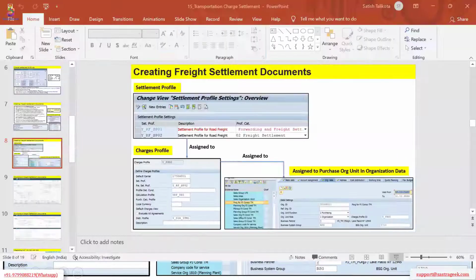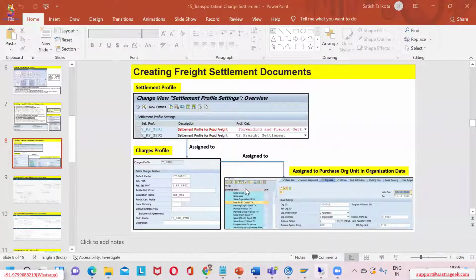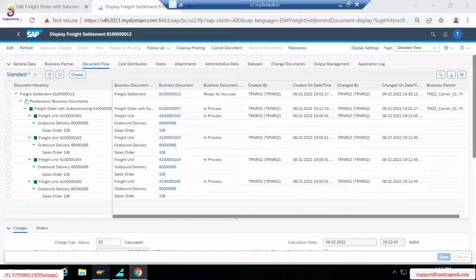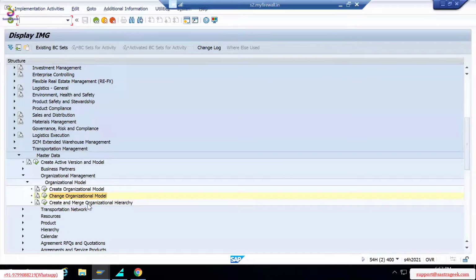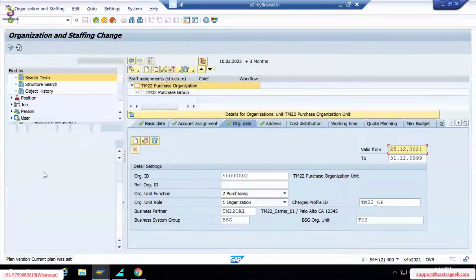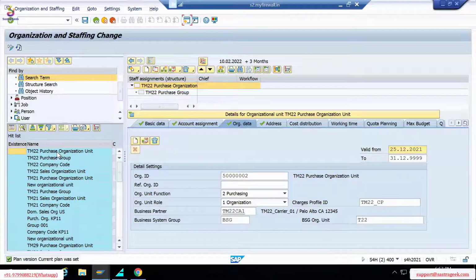Let us look at our document. Let me see if I have anything open. Okay, yeah, charges. I'm just going here to change the organization model. So here, if you see, the TM22 purchase organization unit, so we are right in there. Here in this TM22 purchase organization unit, which is this number,